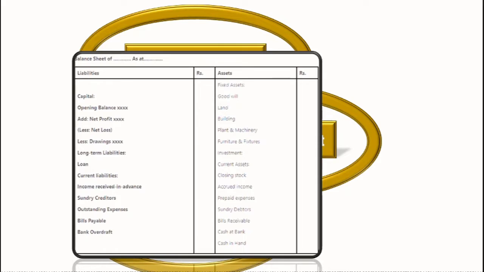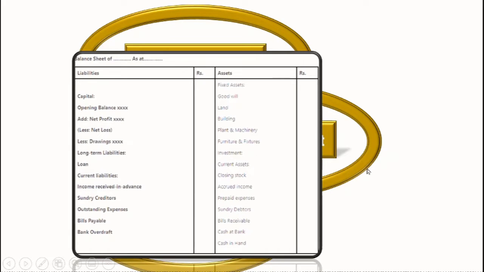liabilities, including the owner's fund, also the funds raised from outsiders, and this side shows the investment of these funds in different types of assets. So it is a financial statement which provides the snapshot of what the company owns and owes, as well as the amount invested by the shareholders or the proprietor. So it is a picture of what funds are invested into the business and how these are allocated in different